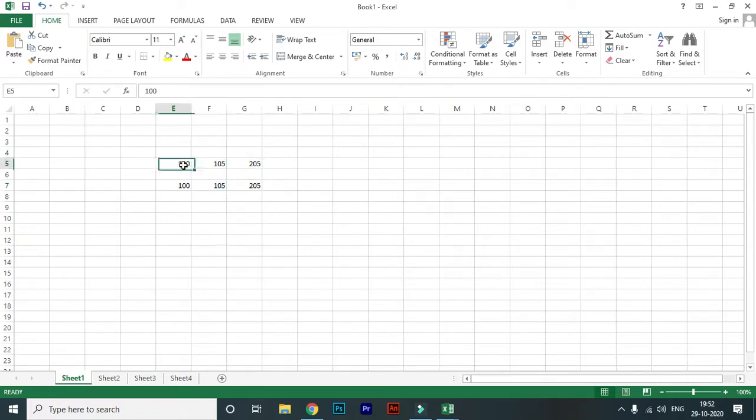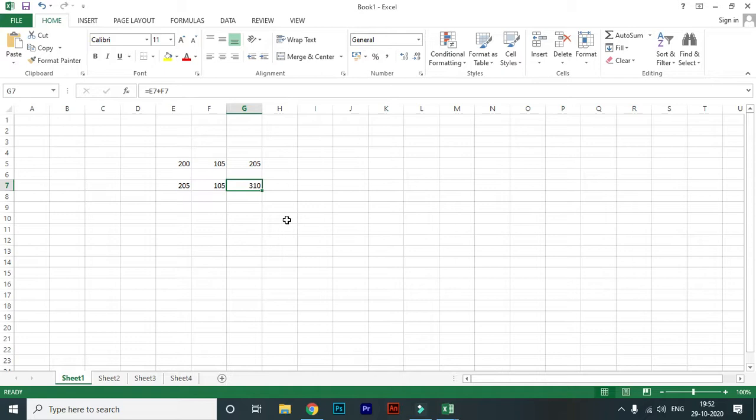But when I change this cell, suppose I change this to 200, look at this, there is no change here. But when I change this particular cell, you are looking at the screen, children, the result here changes automatically. Okay, clear?